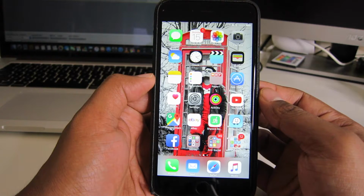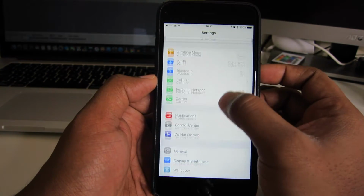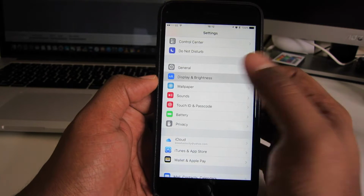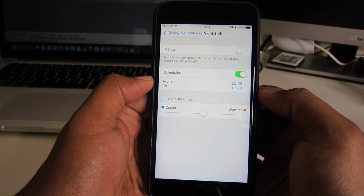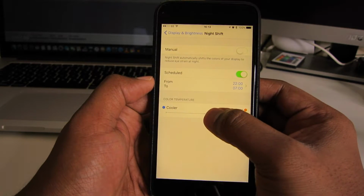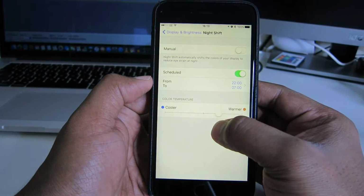The first and most important feature that has come in 9.3 is Flux, or Night Shift. So you head over to Settings, Display & Brightness, just below General, and here you would see something called Night Shift. I've scheduled it to start at 10 PM and shut down at 7 AM. What it'll do is take the iPhone to a much warmer shade like this. I tried to do a screen recording of this, but it didn't show up, so that's the reason I'm recording it